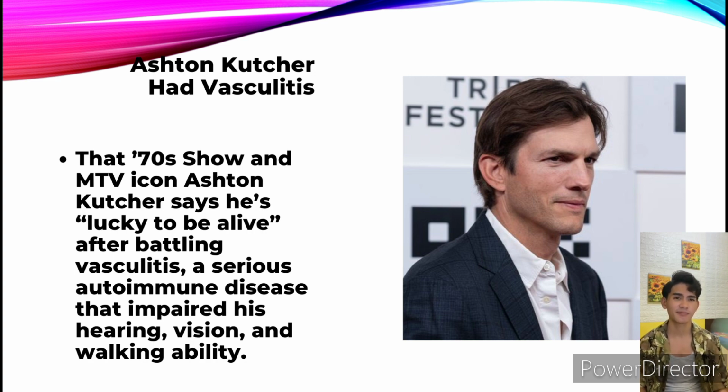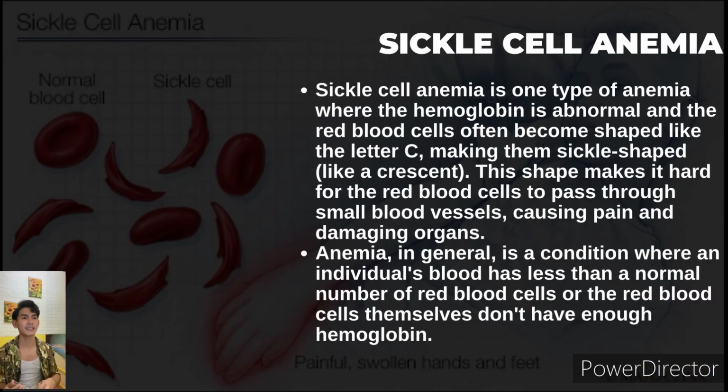Next naman po tayo sa sickle cell anemia. When we say sickle cell anemia, di ba po mostly na mga blood cells natin is bilog. Bilog po siya. Pero, yung sa sickle cell anemia naman po, yung bilog na yun is turning C. Parang buwan lang siya. Minsan bilog na nagiging C, minsan half. Pero sa sickle cell anemia, yung bilog nagiging C lang siya. Yung blood cell na yun is nagiging C.